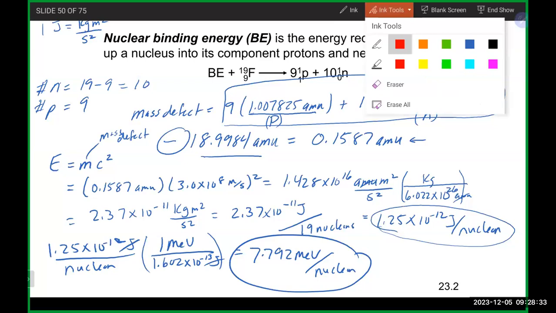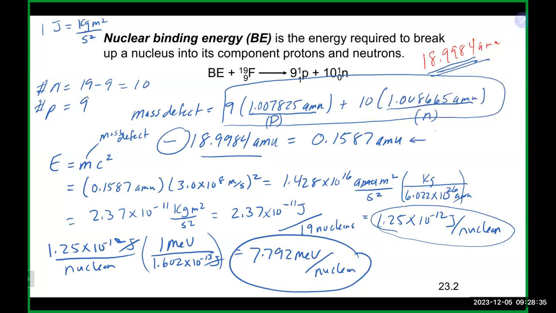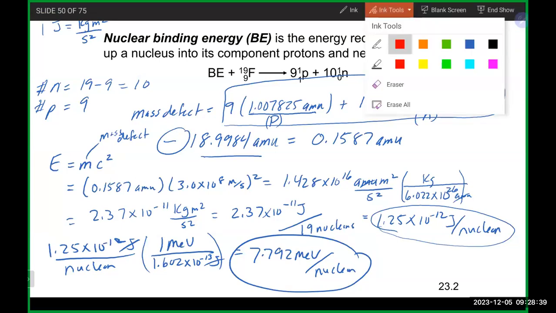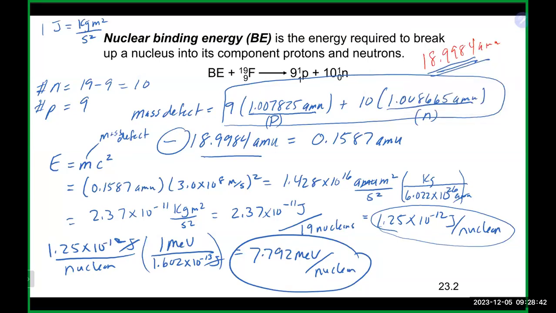So for example, we could pick up right about here where we've calculated the mass defect, and we could use that 1 AMU is 931.5 mega electron volts and go right into mega electron volts. 0.1587 times